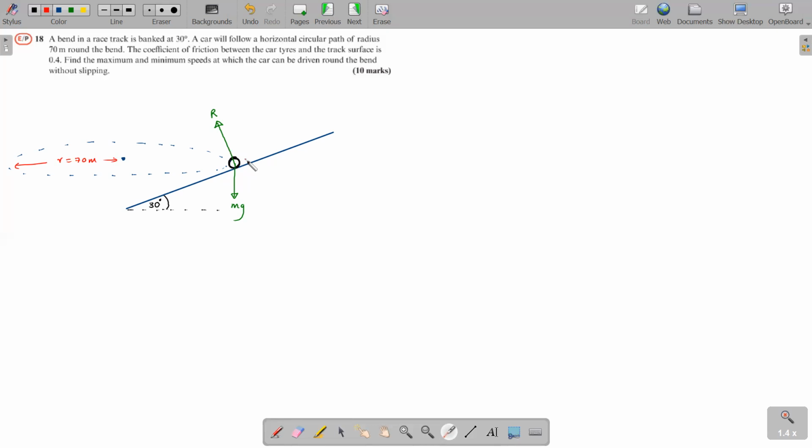So I told you if you are trying to go at the highest possible speed in this particular radius, the particle has a tendency to slip upwards. But if you are going at the lowest possible speed, the tendency is that this particle will try to slip downwards. So that's what they're saying, find the maximum and minimum speed. I'll first go with the maximum. Let me make a copy of this. All right, so if we go with the maximum speed,